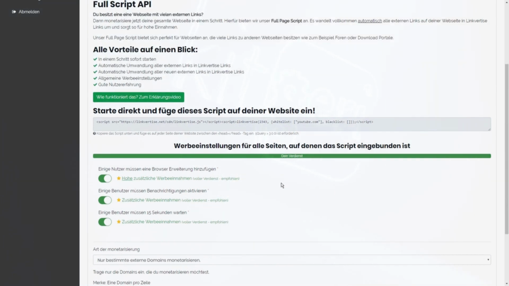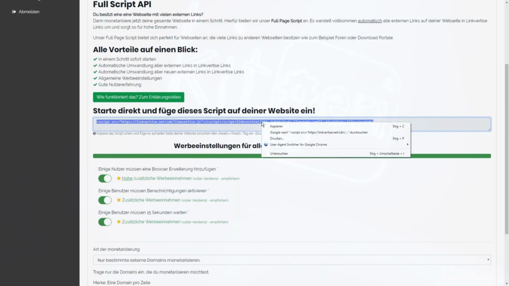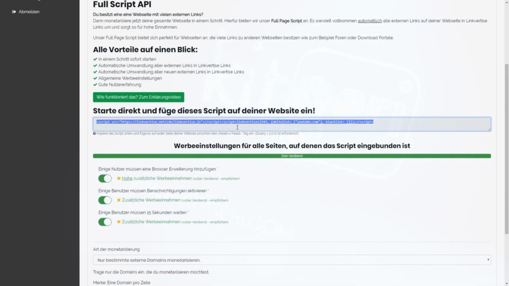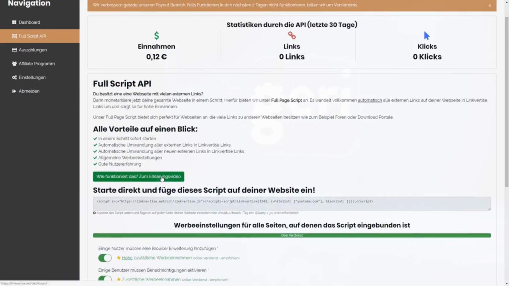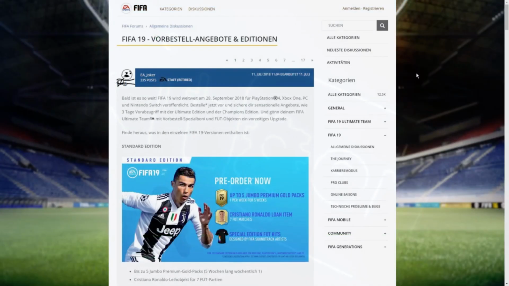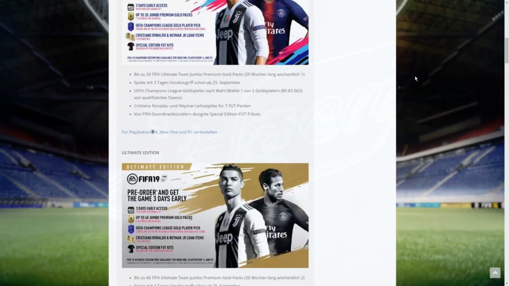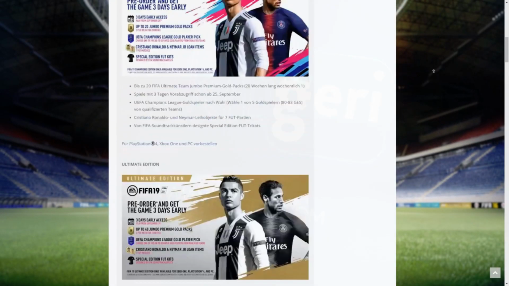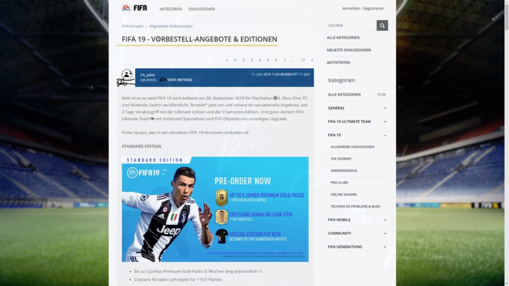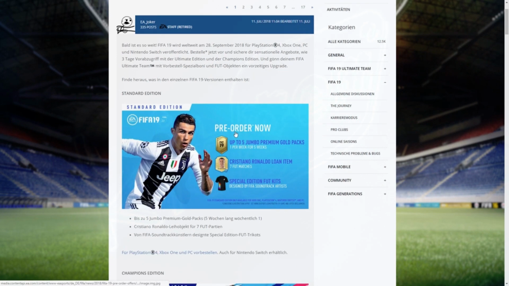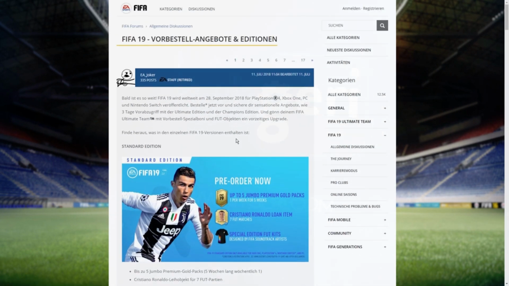Let's come to the fourth method, which is direct partners in niche forums. But how does it work? Basically, you can provide a forum about every specific topic and gain a user base, which leads to becoming a community, which is easily monetizable with direct partners. Here, for example, we have a forum about FIFA 19. A very specific target group is exchanging information here, and brands like MMOGA might be interested in becoming a direct partner. MMOGA is an online label for games and in-game currencies.